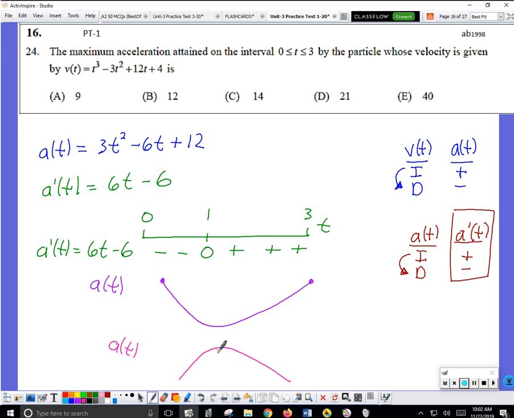The key is the sign chart. You tell me, when did A prime change from negative to positive? At time equal 1. So I know exactly where this point is. It's at a t value of 1. And if I want to find the acceleration, I just plug 1 into the acceleration. But not into the A prime? No, because,